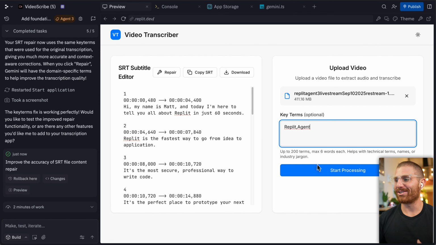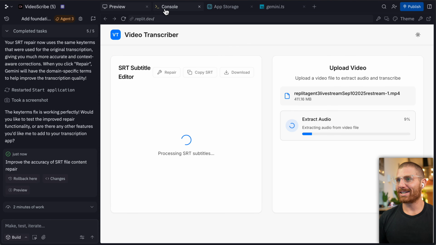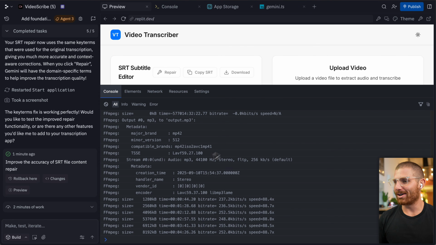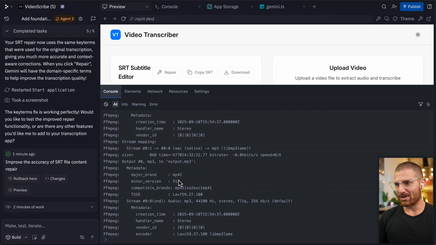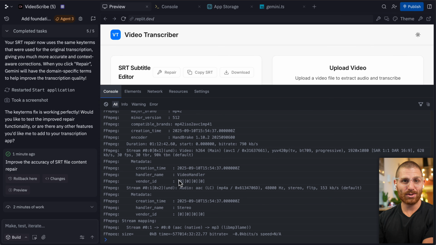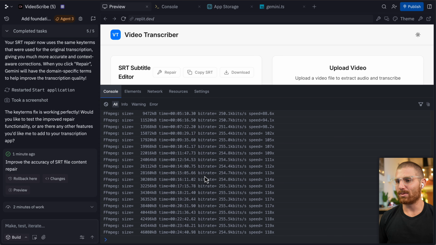This is a 45-minute long live stream from the Agent 3 launch, extracting audio from the file. Remember, we can look at our console to see what's going on here. This is happening in the browser, so it's actually not going to another server. What we're doing is we're taking this